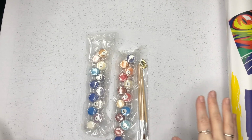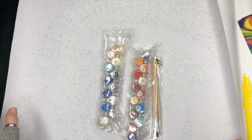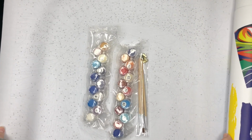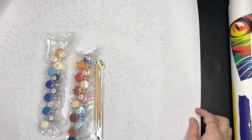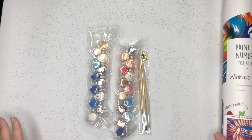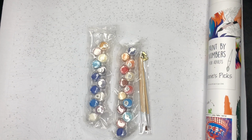Coming on into the canvas, my suggestion would be roll it right out, and if you've got some really nice washi tape that's not too tacky, but it'll stick it down, just stick down the sides and leave it for a good, I don't know, 10-15 minutes before you come on over, because it might flatten it out a bit for you. There is a nice border, as you can see, so you can use washi tape on a nice flat plastic surface. Don't go doing it on your wood tables, you know. If you've got something that you don't mind ruining, or it would easily lift from, like a cutting mat,